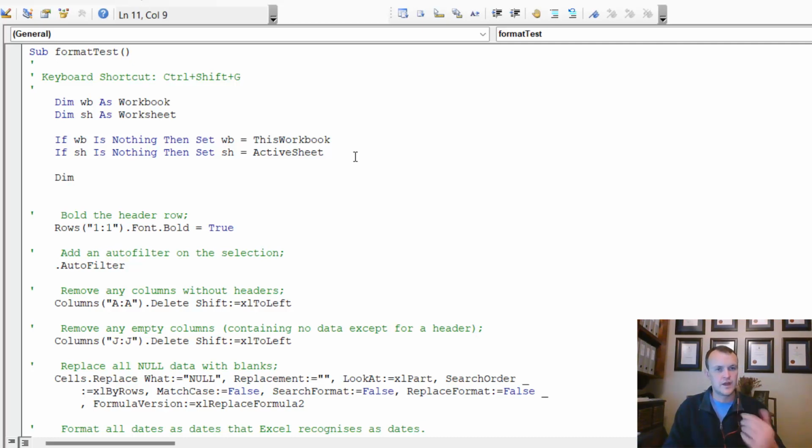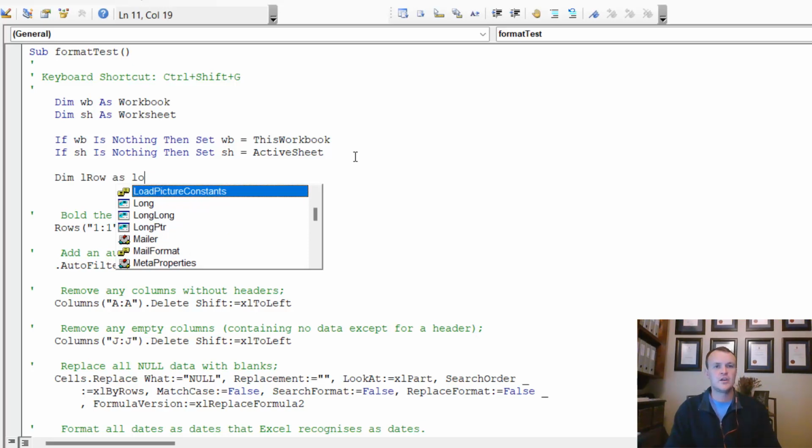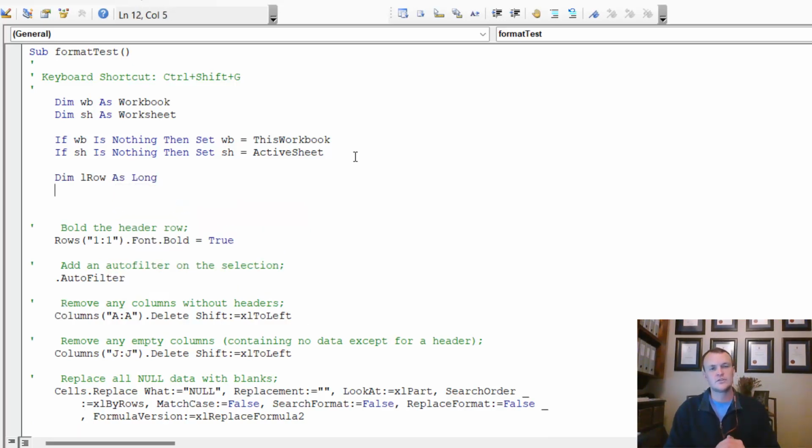So again, I'm going to create variables for this, and I'm going to say dim L row as long. Long is a version of integer, a whole number value that can accept a very high number of values. Good practice is not using integer, because I could have said dim L row as integer, or dim L col as integer. But integer would have its limit at